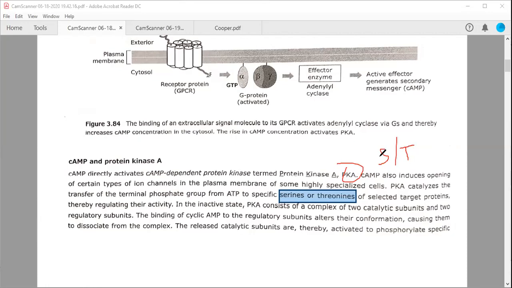Therefore, it has become very important and urgent to remember the nature of these proteins or enzymes, and what the target amino acids for these phosphorylations are. Because we know these are kinases, and kinases do their function of phosphorylating some of the target proteins. Okay, so now